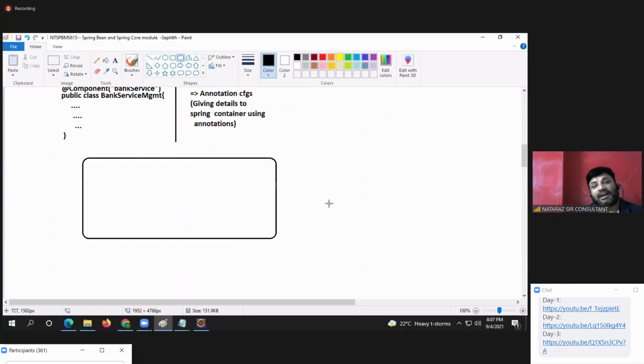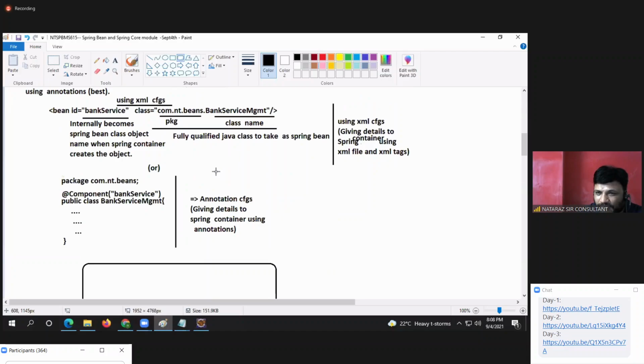Sir, I heard something. Without JVM, no class will be executed. No Java code will be executed, right? Without JVM, no class executes, no Java code executes, right? Agree with me, boss? Yes, but you are saying that Spring container will take care of everything. You are saying that what? Arey Kushal,